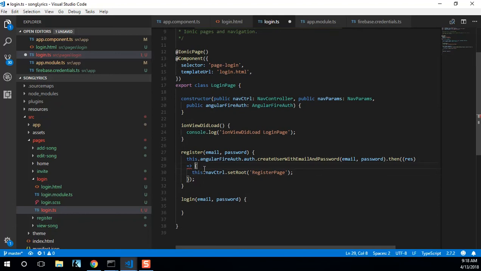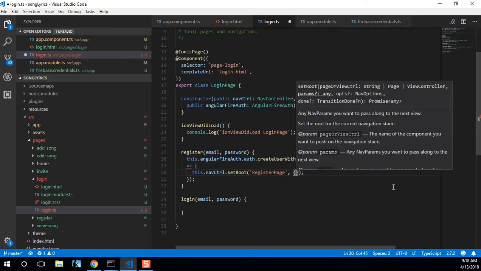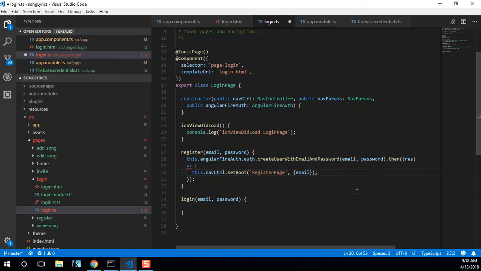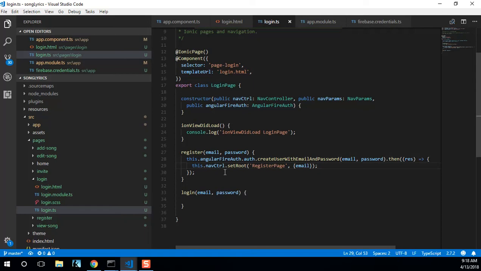It's not liking something here. Oh, I don't think I needed that after all. So we want then. Oh, no, that was okay. Oh, I know. We want to set our root to, we want to go to our register page, and we can actually go there with our email. That's fine, that's fine. Does it just need to be, yeah, okay. Same line matters for that, that's fine. Okay, so after that,